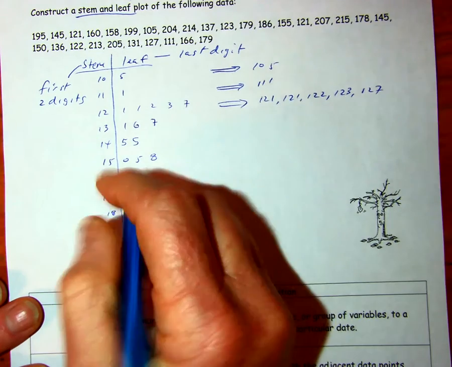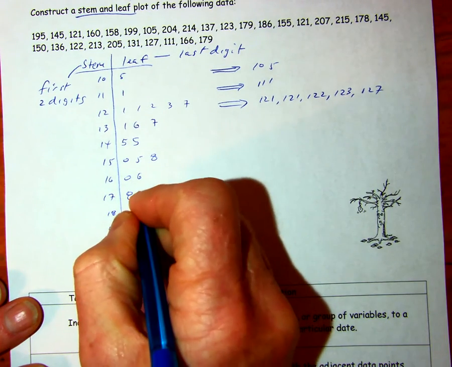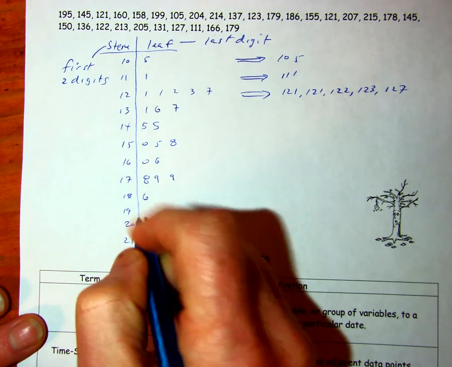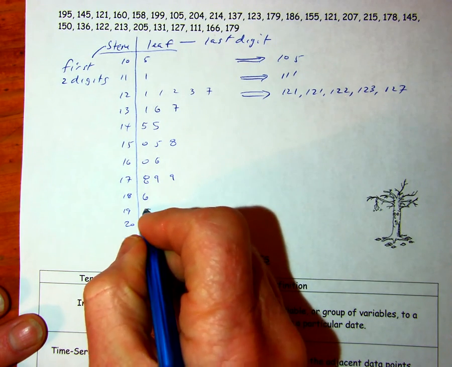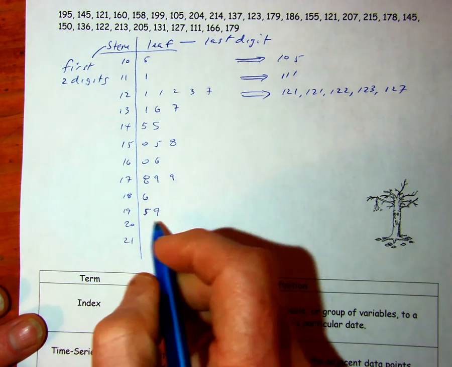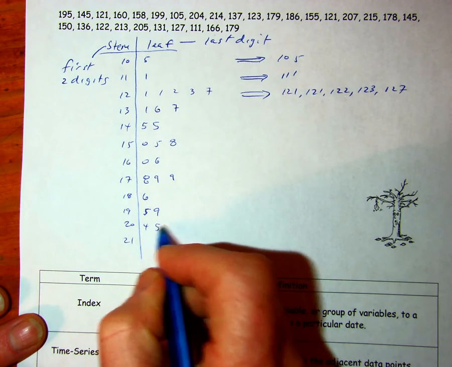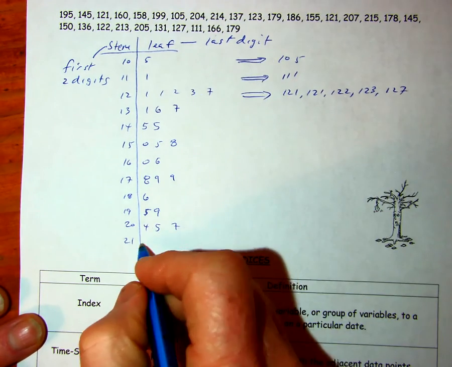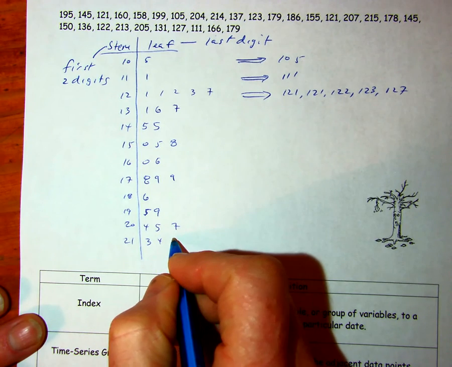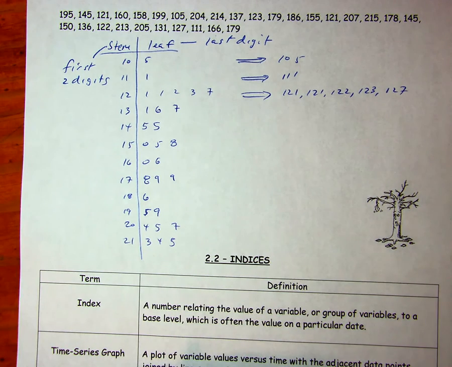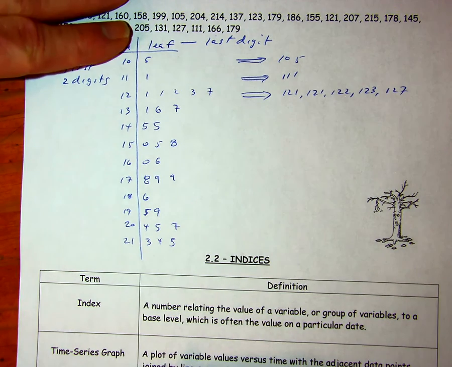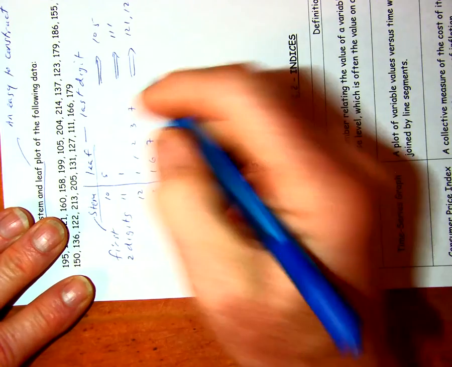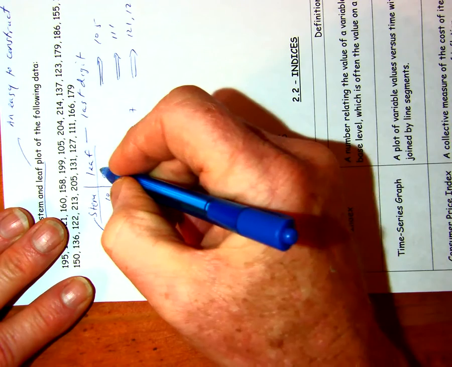How about we just take my word for it, okay? 8, 9, 9. 6. 5 and a 9. This is a 4, a 5, and a 7. Now try to make these in columns, right? 3, a 4, and a 5. So how is this a histogram? If you turn it like this, you wouldn't have to do this, but if you wanted to make a histogram, you could just,